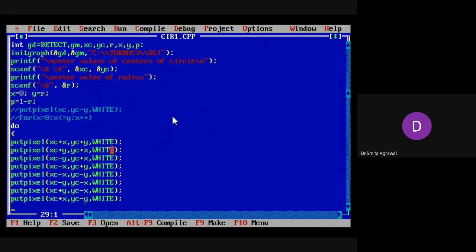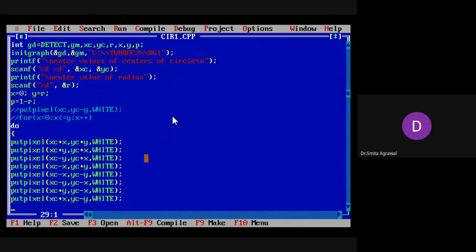Because as we have studied in the algorithm, the circle is symmetrical around the 8 octants. So in the first step, we display all 8 pixels corresponding to the 8 octants.